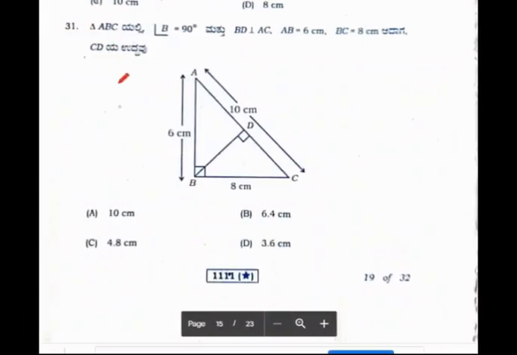31st question. Triangle ABC, angle B is 90 and BD is perpendicular to AC. They have given AB is 6 centimeters, BC is 8 centimeters. We have to find the length of CD. So we have to compare two triangles, students. One triangle is triangle ABC and the other is triangle BDC. They will be similar based on